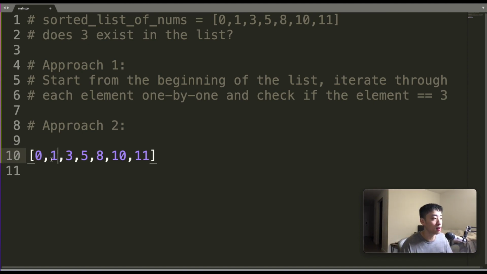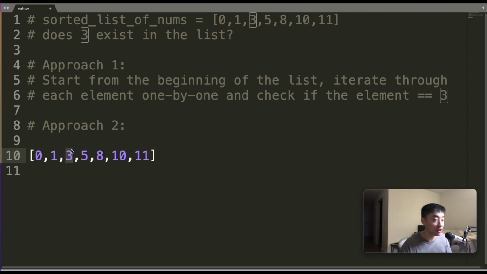So we look at the middle, which is in this case 1, right? So 1 is obviously less than 3. So that means that 3 must be on the right side of 1, right? So now look, we've gotten rid of the first part up to 1, that part of the list. We've also gotten rid of from 5 to the end of the list. So next, we check to the right of 1, but less than 5, which in this case just happens to be 3, right? So once we've done that, we ask again,